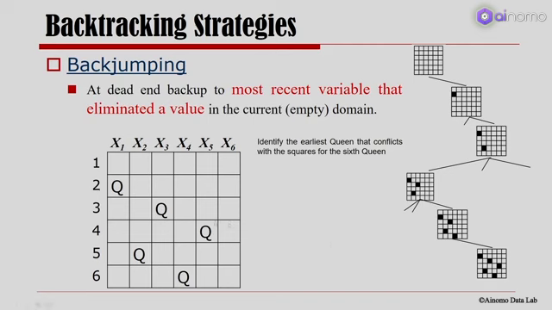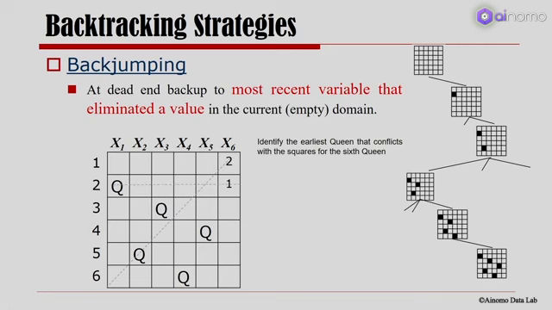If I want to place something in this square, I would identify which is the queen that conflicts with the square for the 6th queen. If I do this, I realize that it is my 2nd queen sitting there, which is not allowing a queen in the 1st position on the 6th column. Next, if you look at the 2nd position, you see it is the 1st queen. So I try to identify the queens that do not allow me these positions and record each of